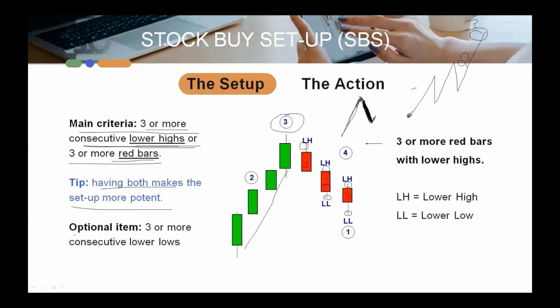Optional: three or more consecutive lower lows. So in this particular example, it's making lower lows and lower highs. One thing that I would say, just trading over 14 years, almost 15, is you don't really need to look at the wicks and the lower lows coming in on the stage 4. More importantly, I would like to see red bars coming in, and even more importantly, I would want to look left